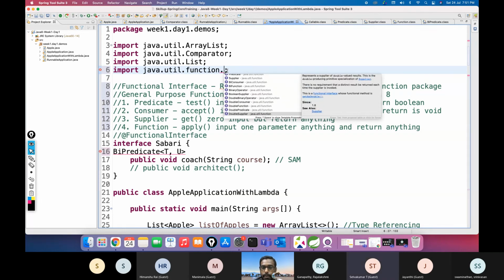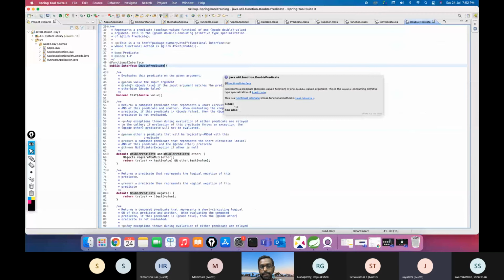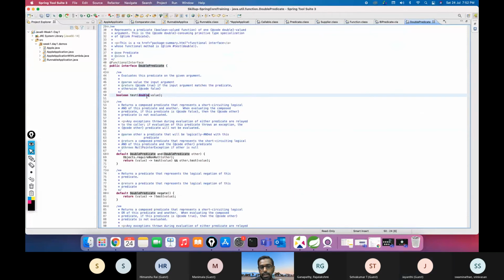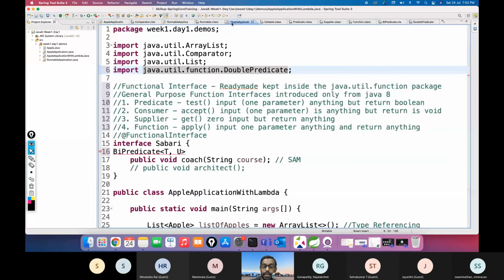What does it mean? Before, Predicate would accept what? Anything. But now DoublePredicate will accept what? Double data type. Correct. Only the double. That is the meaning. It accepts only the double value. But before it was generic, right? It accepts anything. So they have made these general purpose functional interfaces